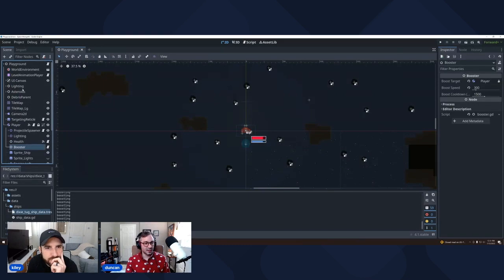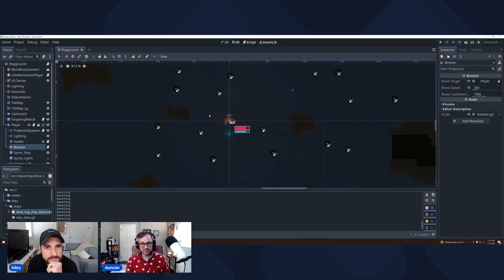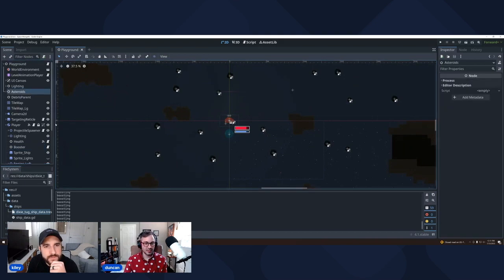So this is the scene here called Playground. And just to give a really quick editor overview for anyone who hasn't seen it, Godot, over here is your hierarchy of things. So these are everything in this scene here, right? And then down here is kind of like a file browser.